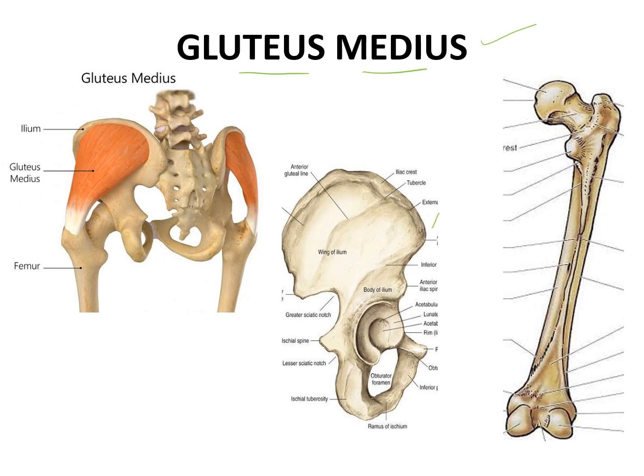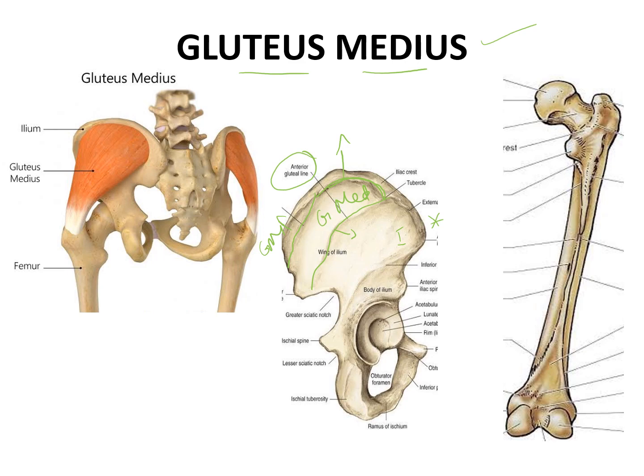The attachment of the gluteus medius muscle on the ilium bone is in between the anterior gluteal line and the posterior gluteal line and above by the iliac crest. So this is the attachment of gluteus medius muscle. Here behind the posterior gluteal line we had the gluteus maximus muscle, not to get confused. So gluteus medius muscle, as already discussed, lies in between the anterior gluteal line and the posterior gluteal line.